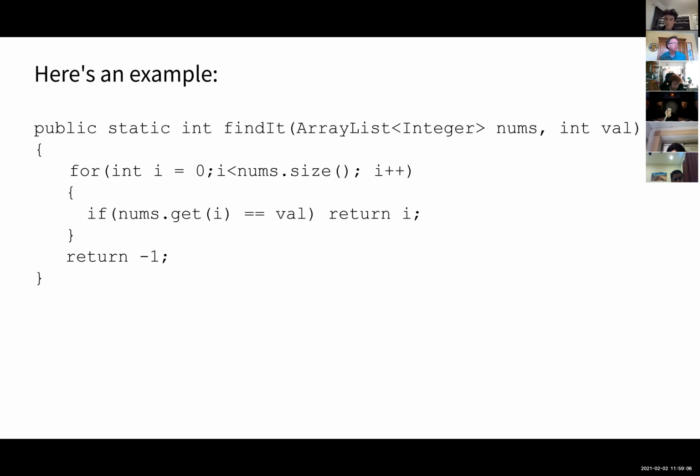And a binary search is much, much faster, but it requires that the data be sorted. This linear search, the data does not have to be sorted. And for our purposes in this class, a linear search would always be fine, but let's say you were